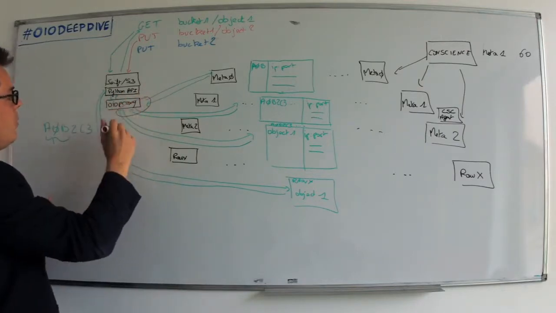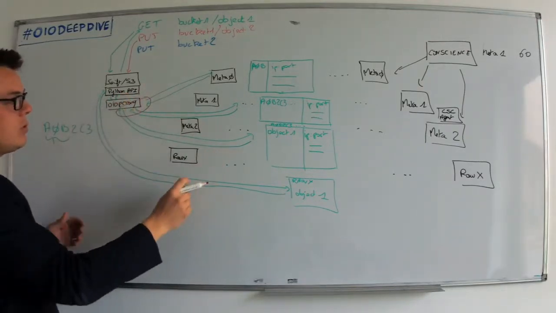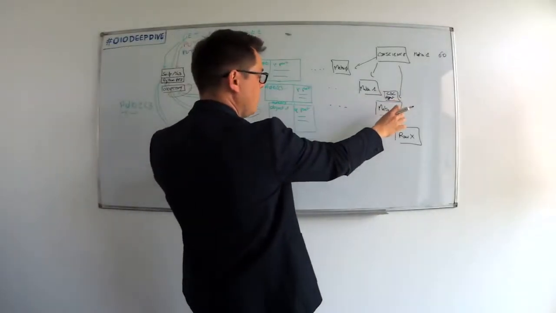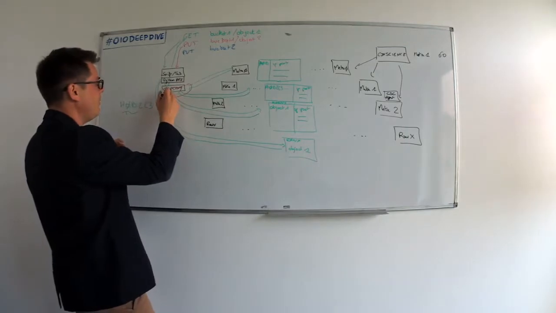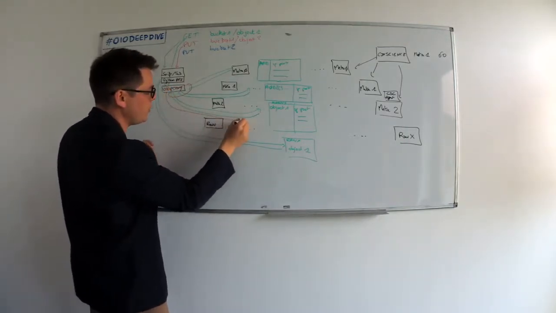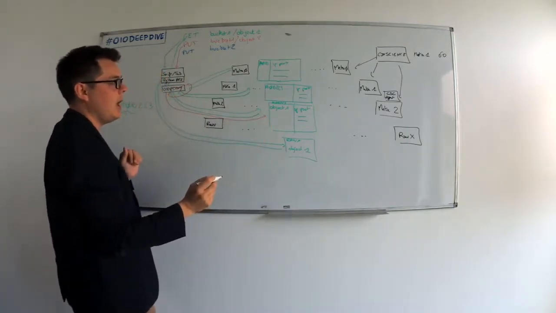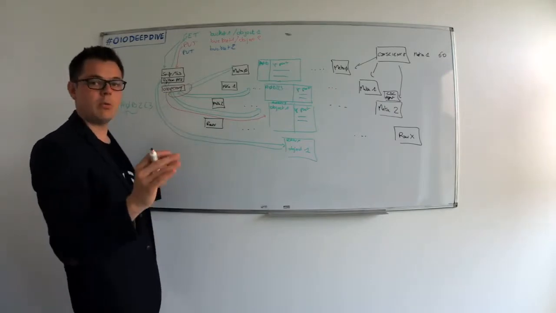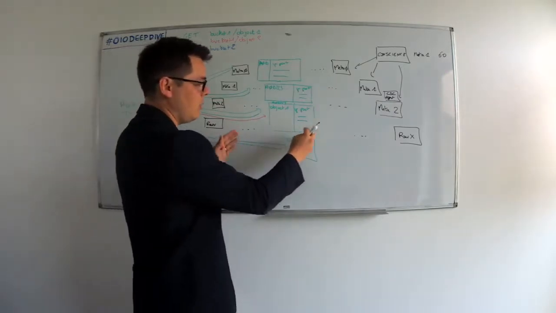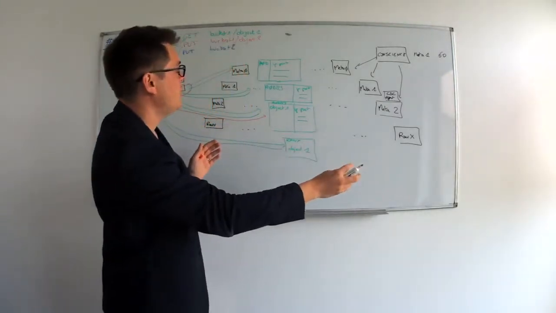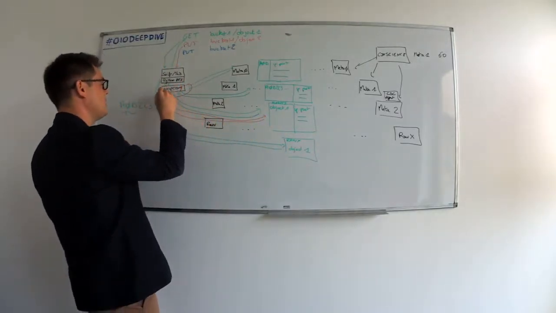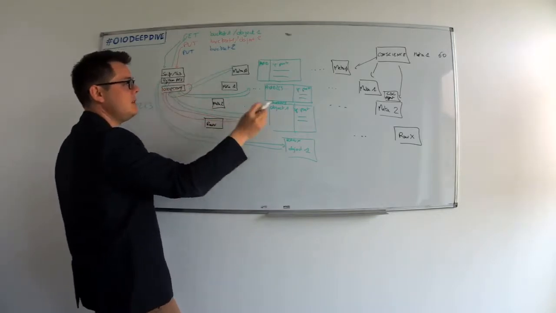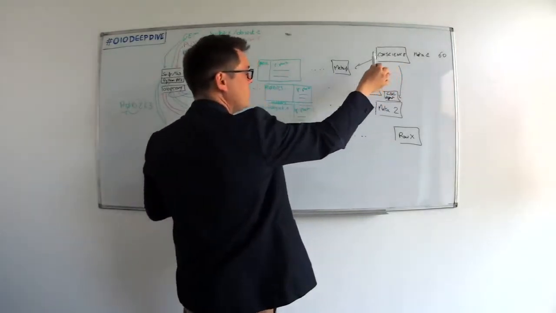So we'll do a request to the meta 2, and you have again 3 meta 2. We are in a 3-time replication mode, so we'll go to one of them, saying, okay, I want to put a new object, the object 2, and the meta 2 will answer, okay, if you want to put a new object, you need ROIC services to store your data. So the meta 2 will answer with a list of available ROICs to store your data, and this is where the conscience will do the job.